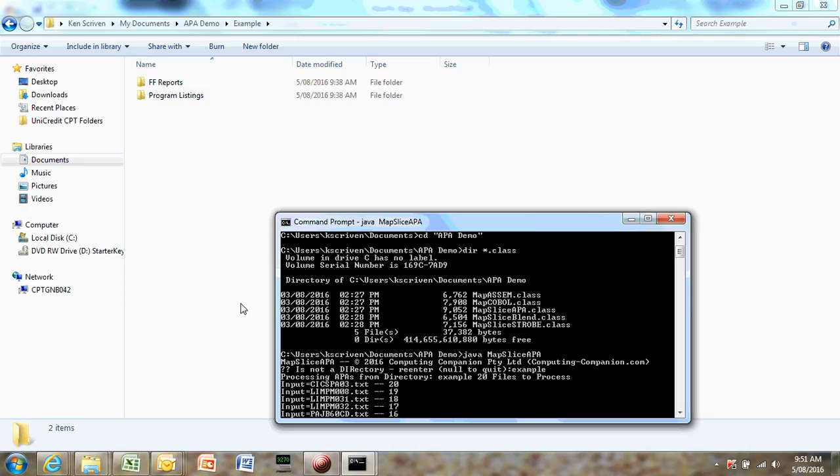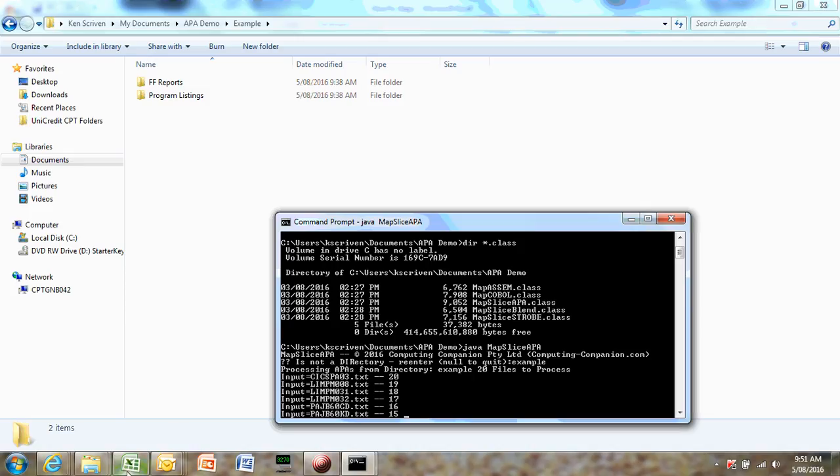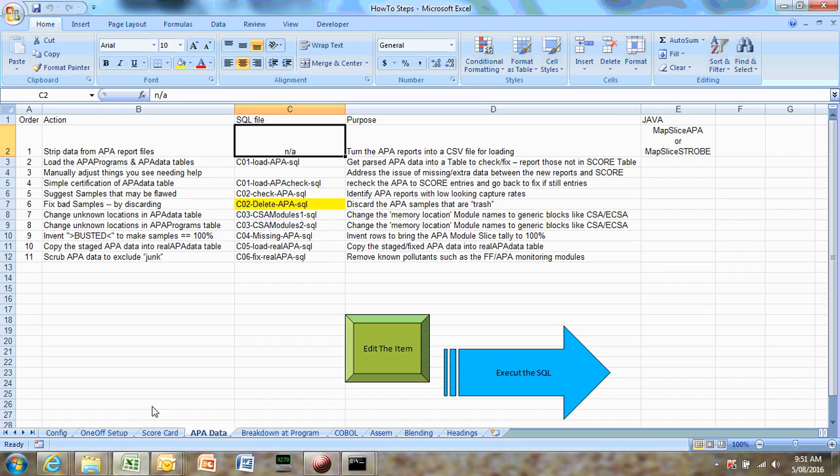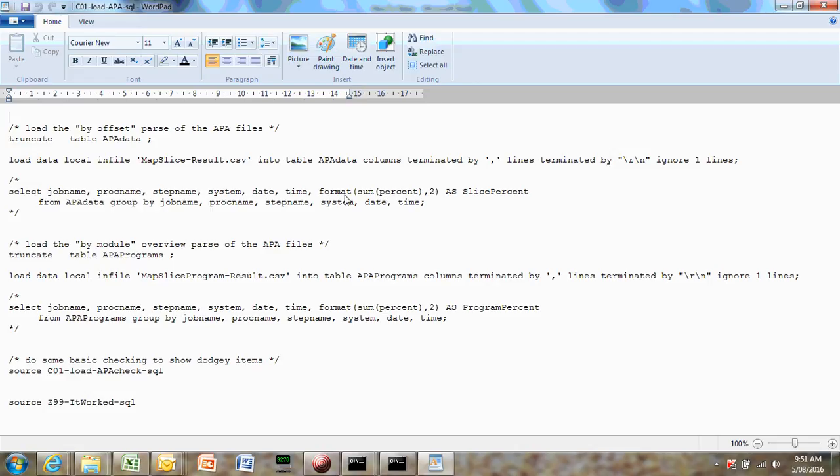We'll eventually finish, and having done that, we'll be able to move on to the next guy. It doesn't really do a whole lot apart from, look at that. Let's load this map slice results CSV file, which is what that by default Java thing is going to write. Going to put that little guy out there so we can read it in to our super duper APA data